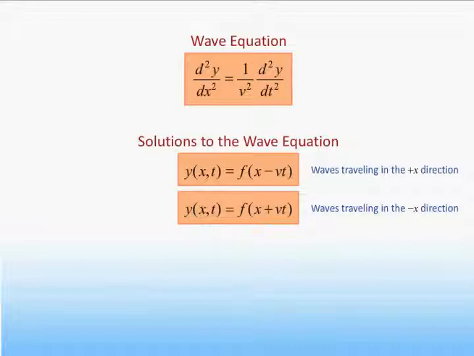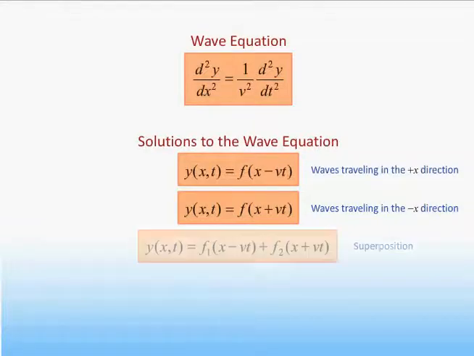On the last slide, we showed that any function of the form f of x plus or minus vt is a solution to the wave equation, where v, the speed of the wave, is determined by the properties of the medium. Now, if two different functions are separately solutions to the wave equation, then their sum is also a solution. At first, this observation may not seem to be significant, but in fact, it has profound implications for certain properties